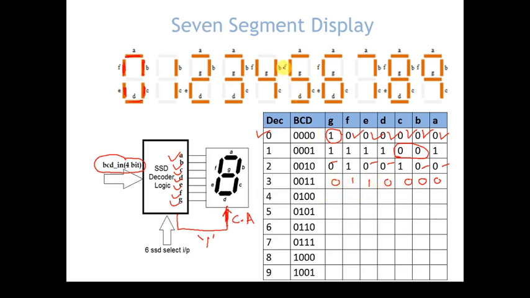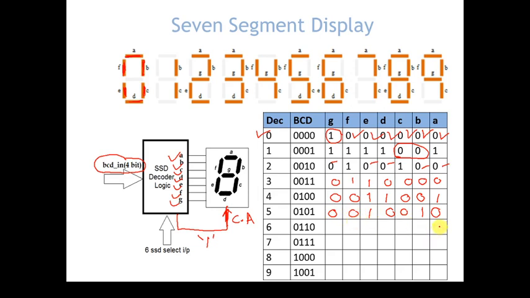So for 4, A is off, so it's 1, B and C are 0 0, D is off, E is also off, F is on, G is on. So for 5, A should be on, meaning it is logic 0, B should be off, 1, C should be 0 to turn on, D should be 0, E is off, F and G should be 0.